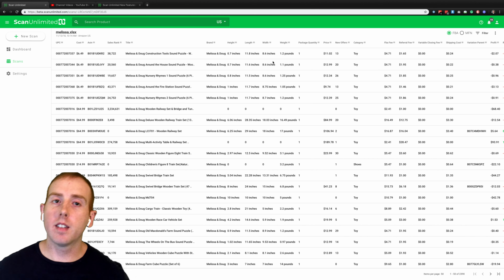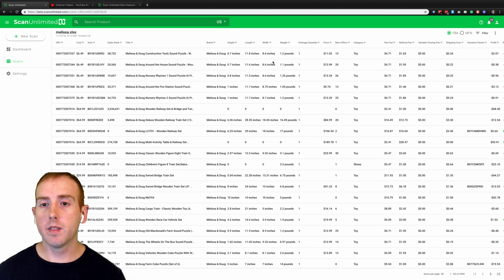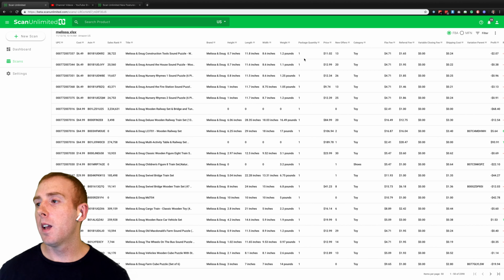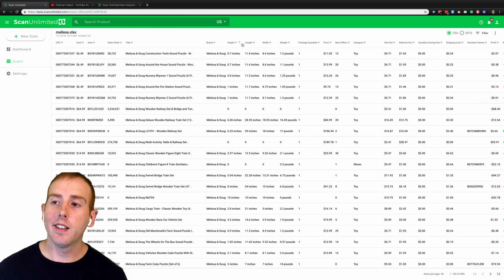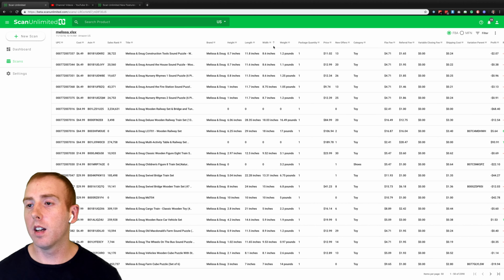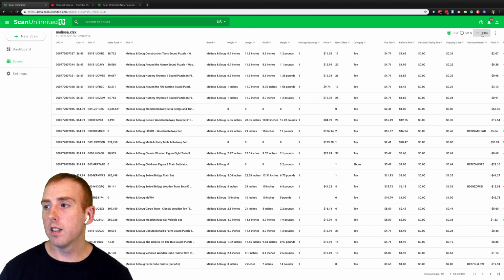But I think we found a good compromise here, and that's the ability to hide columns. So let's go ahead and try that out. Let's say you wanted to hide the height, the length, and the width, because you just don't care about those attributes. So you just click the filter in the top right,